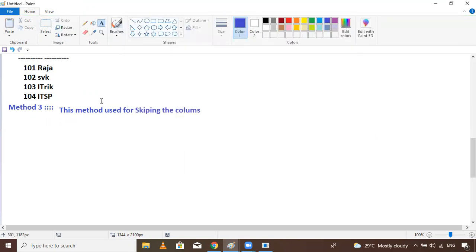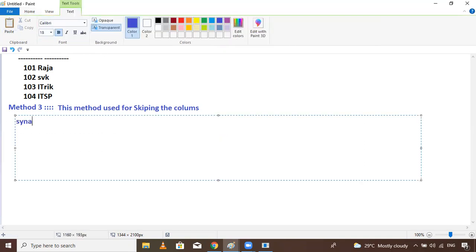Okay, so now when you perform this, skipping the columns, let's write the syntax.